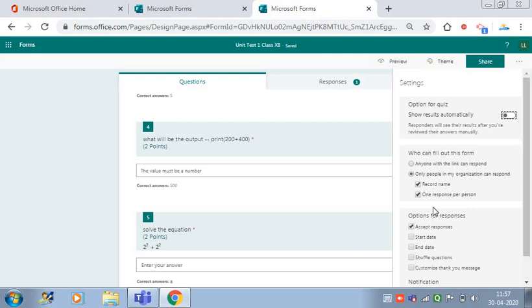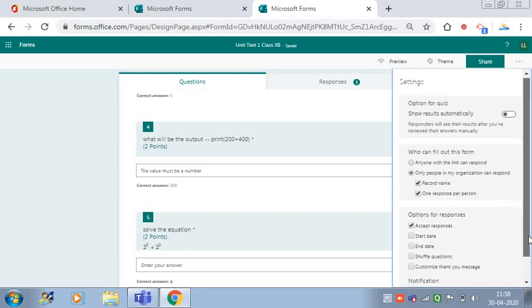And after this, there is a bar where the options are who can fill out this form. You have to choose only people in my organization can respond, and then click on record name. This will help to record the names, and then 1 person per response we have to choose, because we don't want students filling it again and again, to avoid that situation.